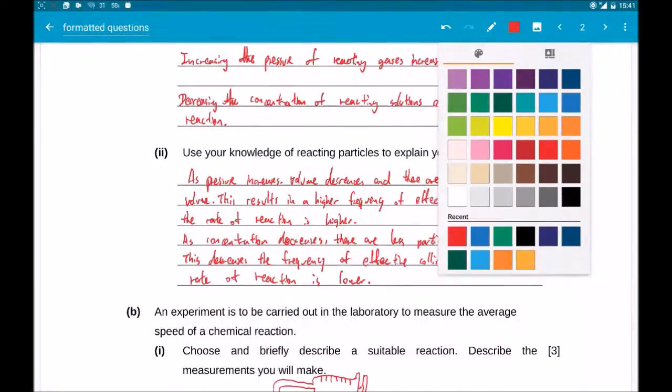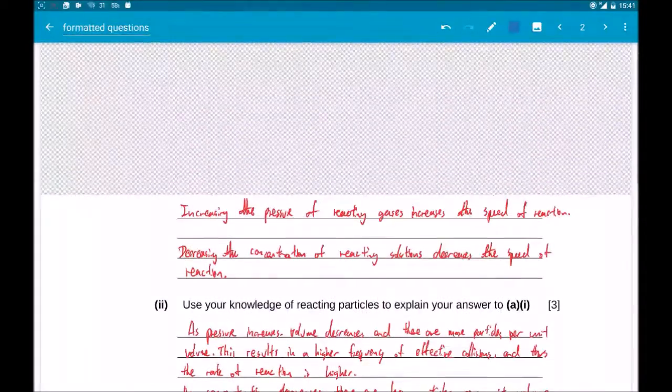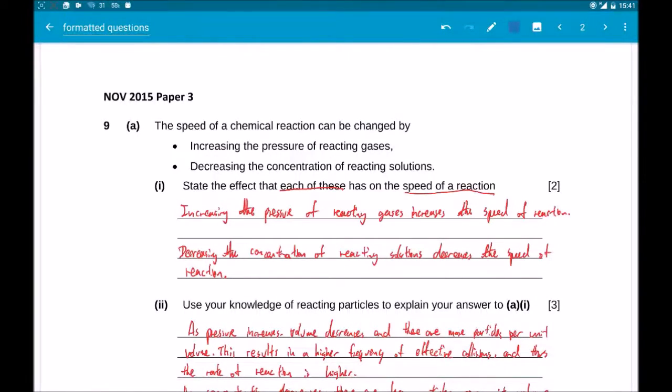So we'll now look at the marks allocation. For part A, part 1, 2 marks are being given to state the effect of each of the reaction. So 1 mark will be given to stating the increase in the speed of reaction when pressure is increased, and the second mark will be stating that the speed of reaction decreases when concentration decreases. For part 2,